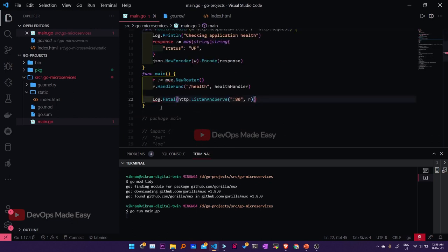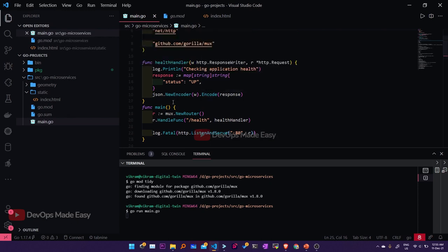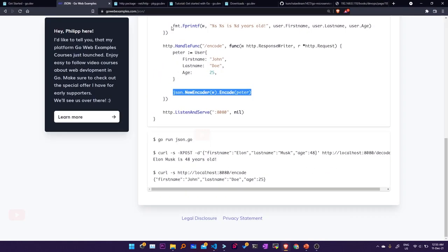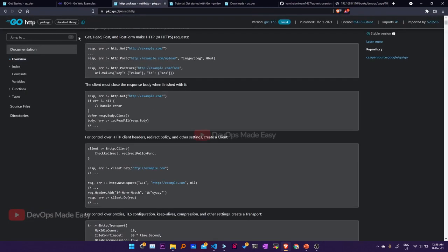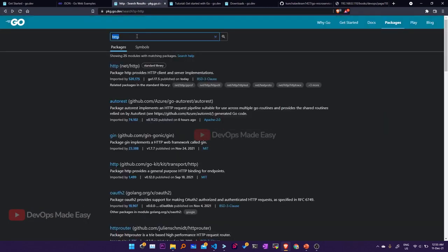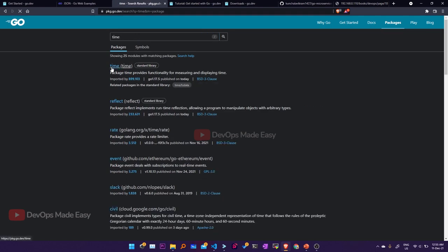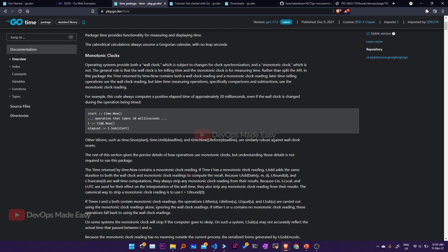So it is automatically going to, sorry, it is a small log, that's the issue. Okay, so we have defined the health handler, but at the same time I also want to print the current date and time. So what I can do is I can go to the official packages for Go, and then I can search for a package known as time. So I'm going to click this package, and in order to get the time, you should use time.Now from the